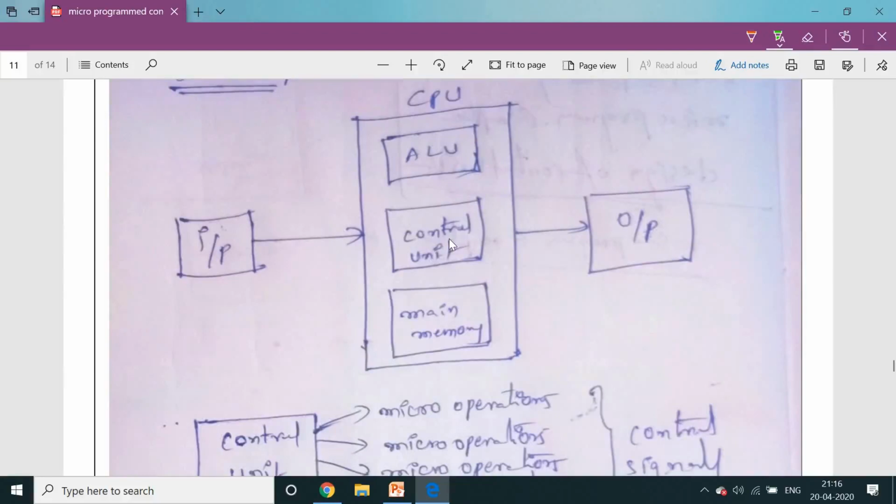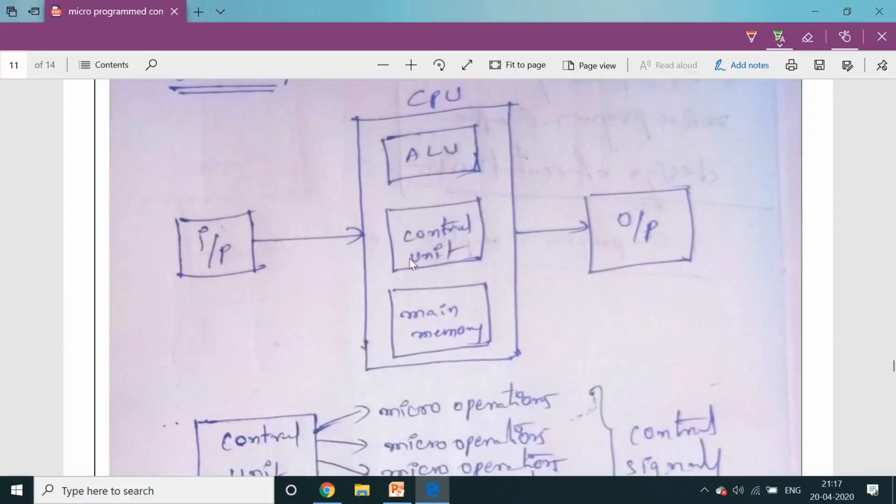Whatever action is performed by the ALU or the memory, or whenever data is transferred from input devices to output devices or any internal block, the control unit automatically, at that respective time, depending upon the situation, generates some control signals. With the help of those control signals only, that particular operation will be performed.